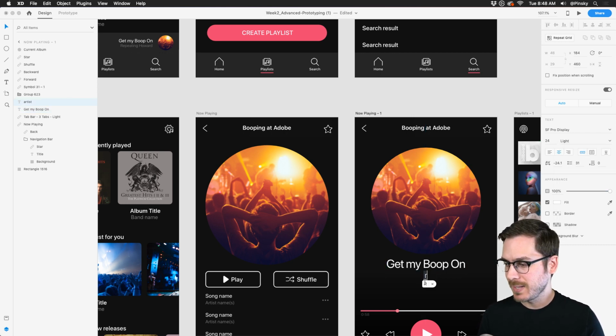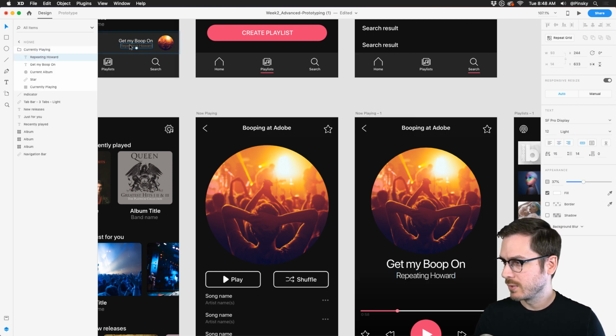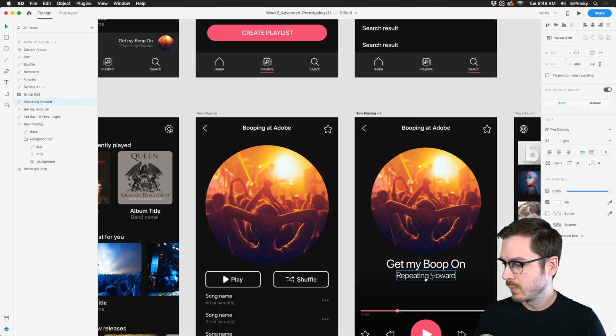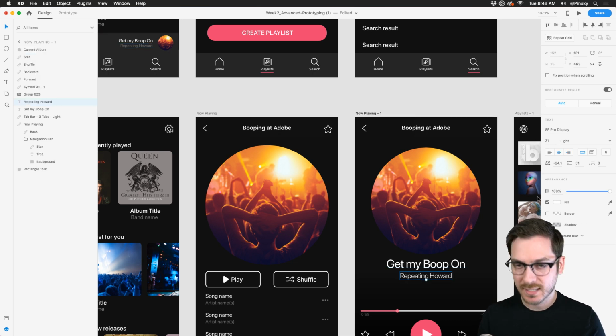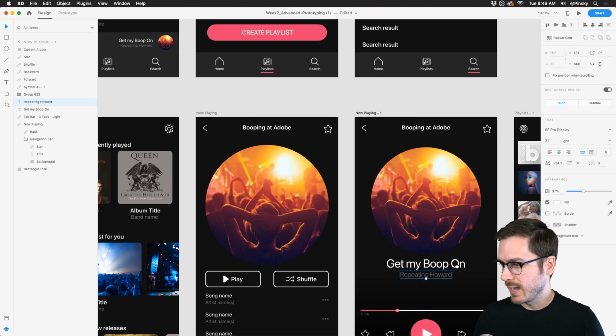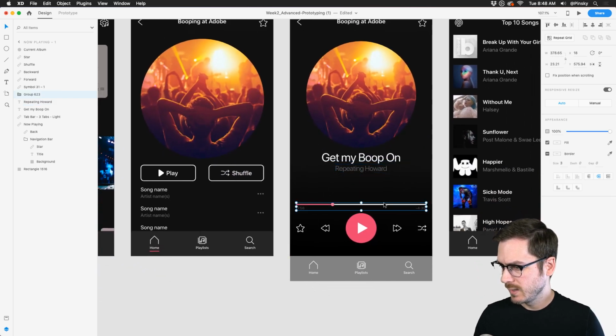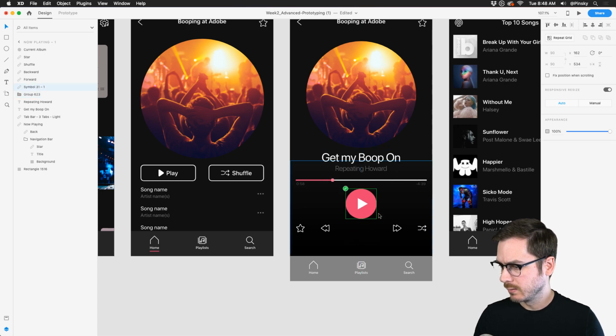Make sure that's regular to line up. And this one is repeating Howard. Perfect. I want to make sure it's pretty much the same. So this is 12 and light. This one could be a little bit bigger. And opacity 37% to be exact. I can just type in the number 37 on my keyboard and it will do just that. Beautiful. I can make sure all these are nicely aligned.